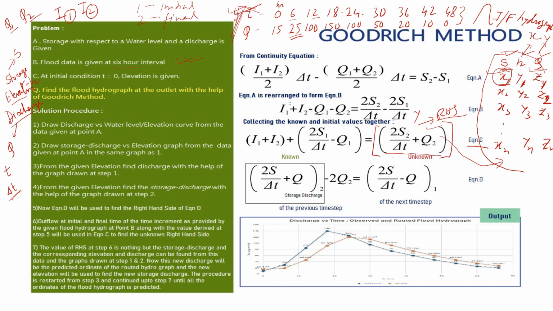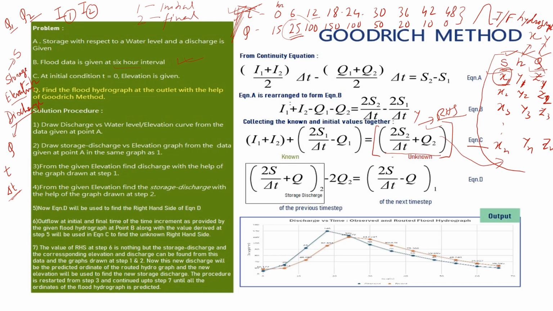So that will be your del T. And then you will use the S2 as this S and Q2 as this Q, not this Q. Because you do not know what is the storage here from this flood hydrograph. So you have to depend upon this initial storage, discharge and outflow,